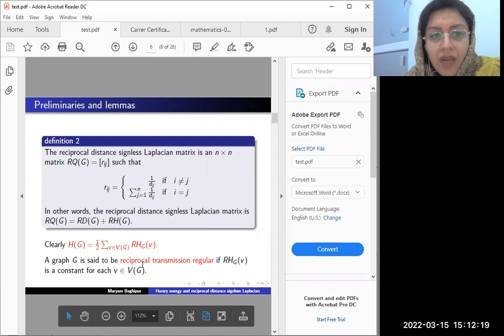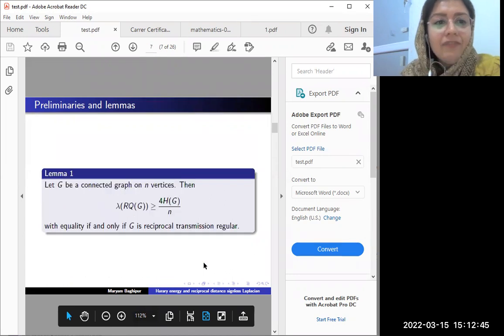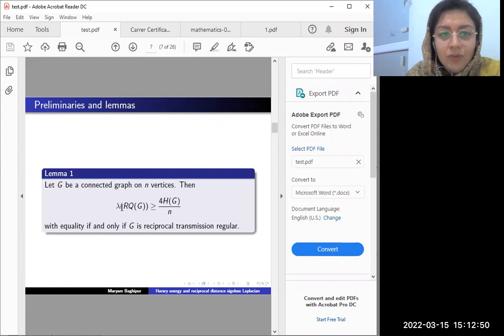You know, this matrix is related to the Harary index. And as I said, G is reciprocal transmission regular if all of the vertices have a constant reciprocal transmission. I mean equal, I mean a constant number. That's why we say that G is reciprocal transmission regular. And one of the important results is related to